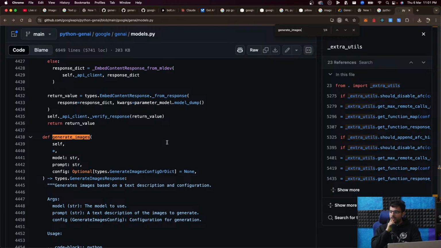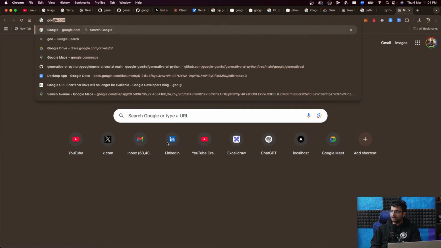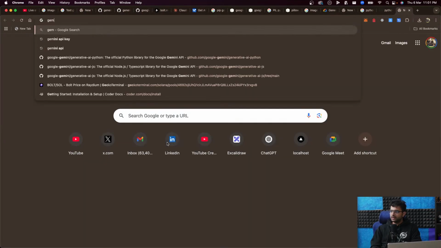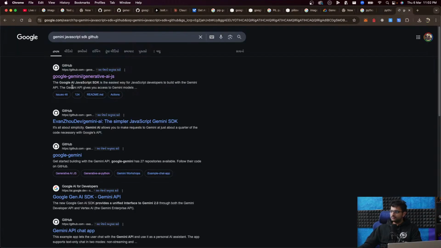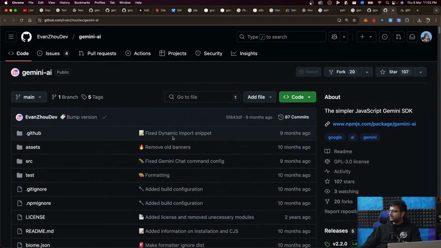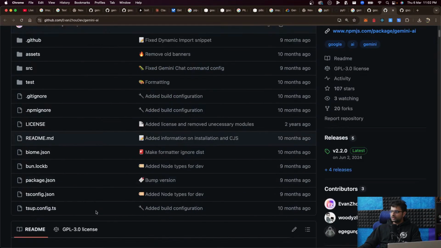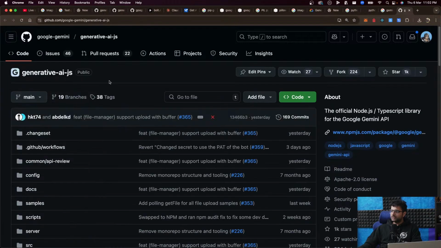Now here is my worry. Do they have another TypeScript SDK I don't know about? Gemini TypeScript or JavaScript SDK, GitHub. Looks like a personal project. This one most probably is a personal project, I would assume. This one is the repository. I think they only have a single JS SDK, but multiple Python SDKs. I think this is in an effort they're trying to create something called the unified SDK. So that doesn't help at all.